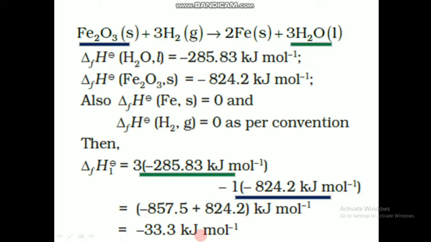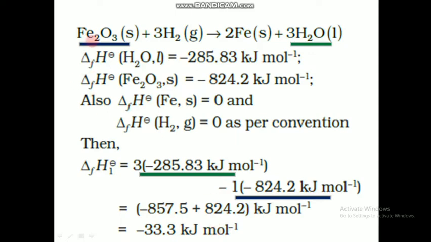That's the fact which we told earlier. So the value of enthalpy of formation and enthalpy of reaction which we get is actually dependent on the number of moles which we take. So the value which we tell is for the particular reaction, with this much number of moles. So for this reaction, the value is negative 33.3 kilojoules per mole.